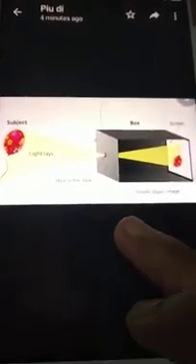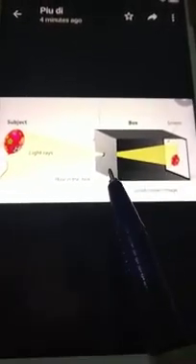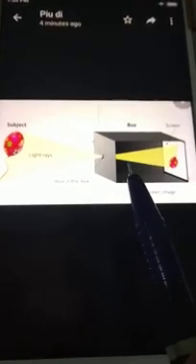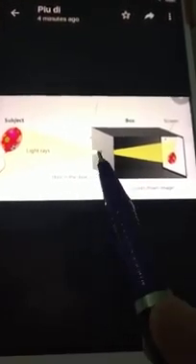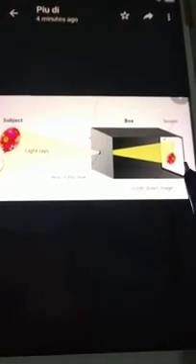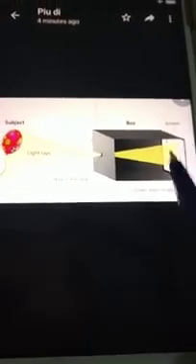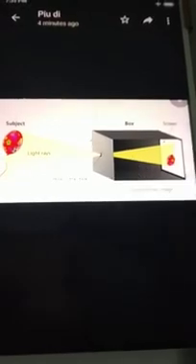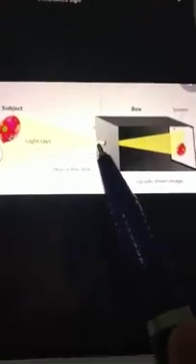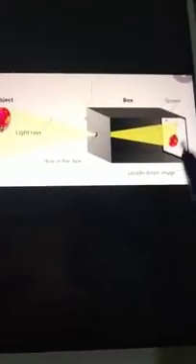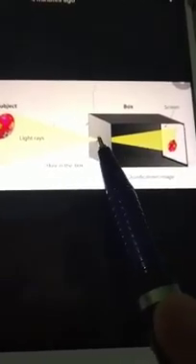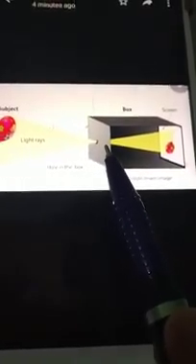So, a pinhole camera is the simplest image forming device based on the principle of rectilinear propagation of light. You can see the light rays are coming in a straight line path. So, light coming from an object, on passing through this pinhole, forms its image on the other side here. Just like a lens forms an image in a general camera, here the image forms on this wall, on this side. Okay, and there is a small hole you can see on this side.